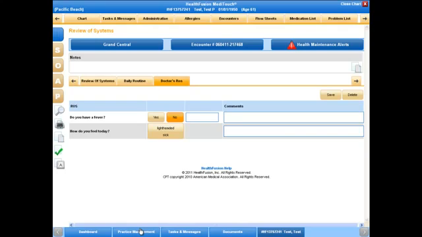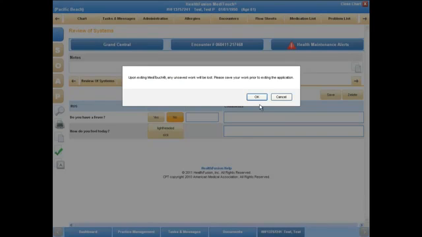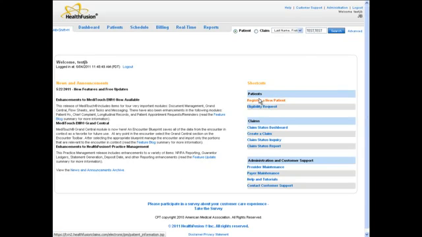HealthFusion MediTouch does supply many default custom forms, and they do need to be activated before they can be used, but feel free to activate any custom form defaulted by MediTouch. Navigate back to Practice Management, Administration,